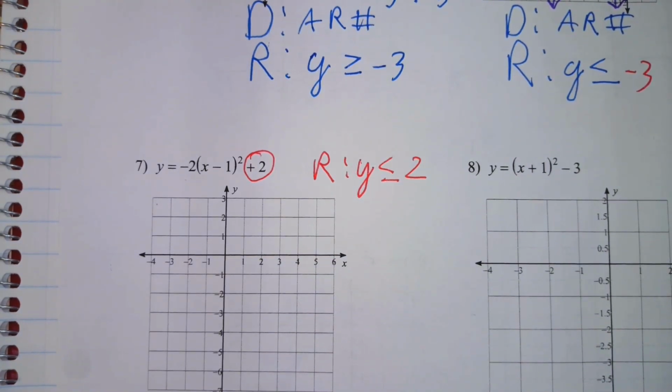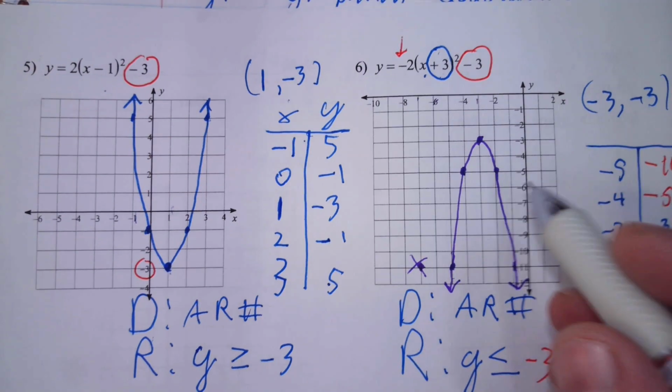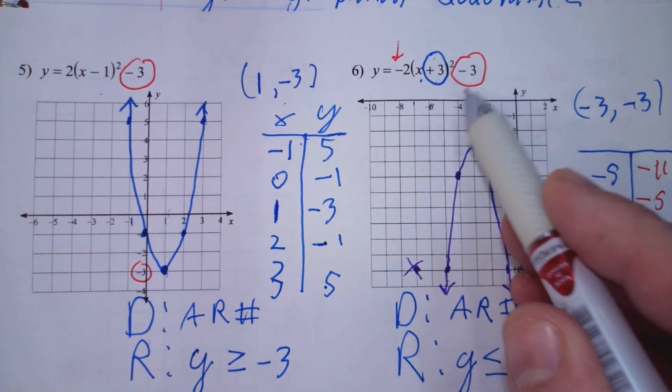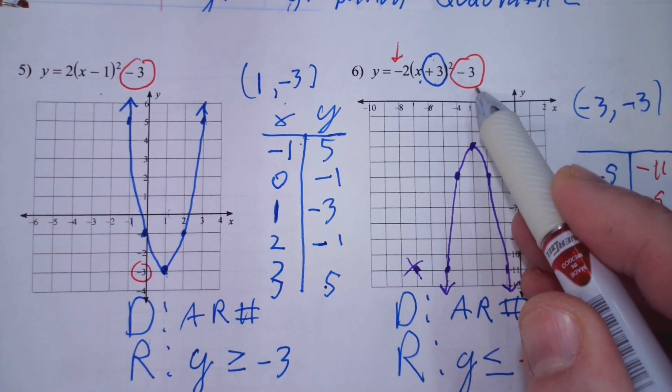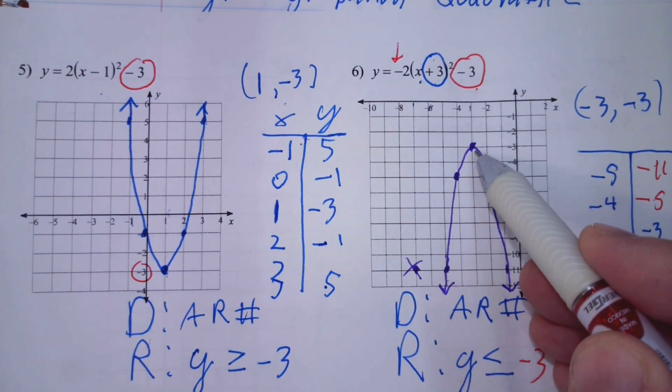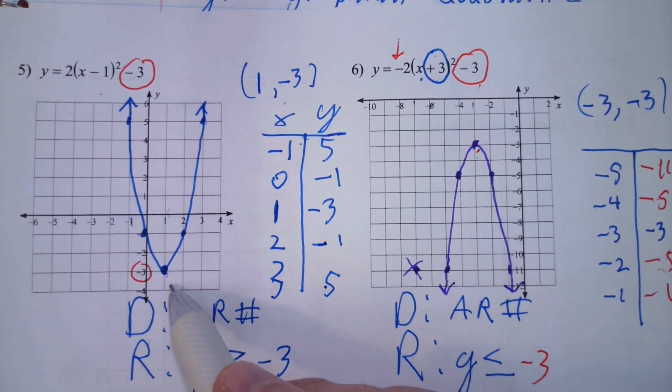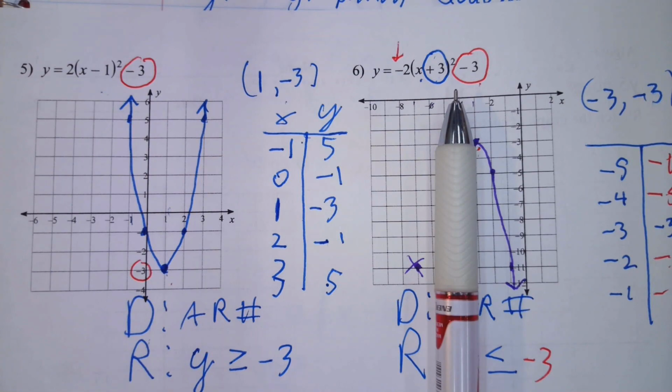Okay, so even if you can't read the graph, that starting point is either going to be the top number or the bottom number. And that's it. So what I'm going to say, go ahead and do the rest of your